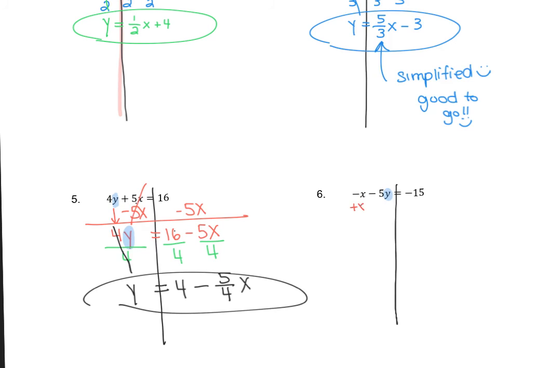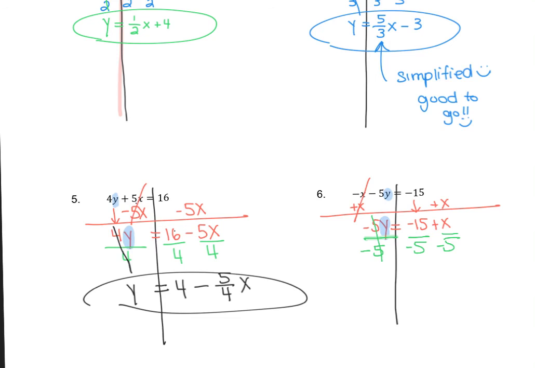I'm going to add an x here on the left, so I have to add an x on the right. These zero out. I have to pull down the negative 5y. And when I pull this down, I get negative 15 plus x. I still have my y here. When I'm dividing by negative 5, all three of them,